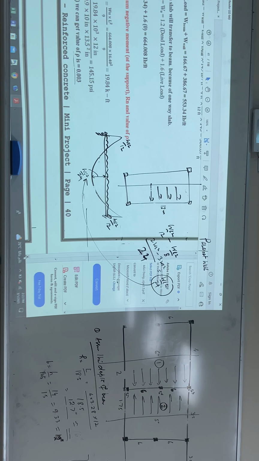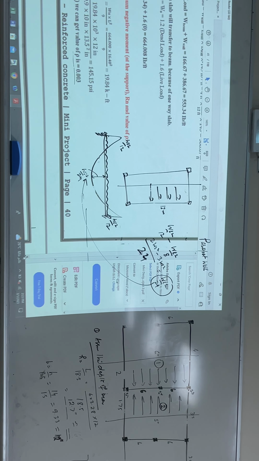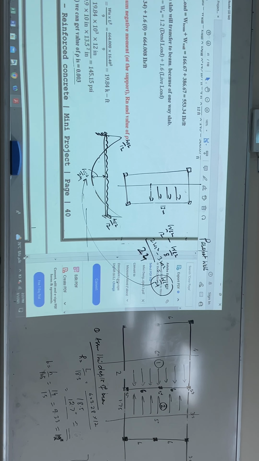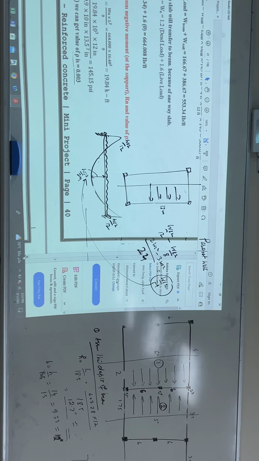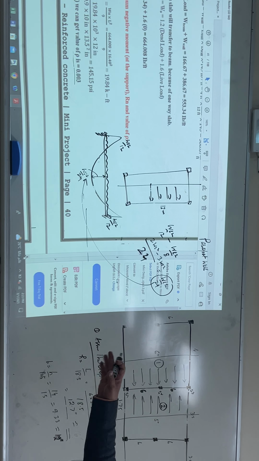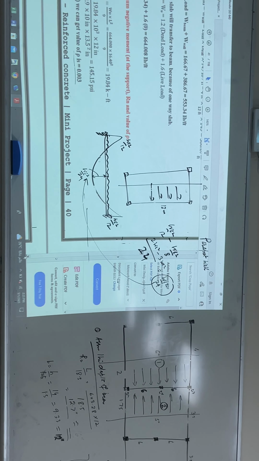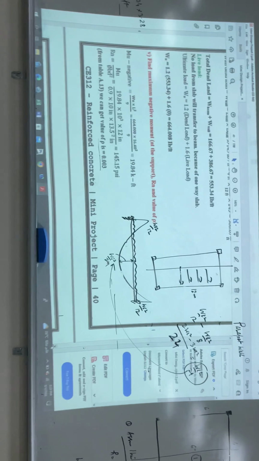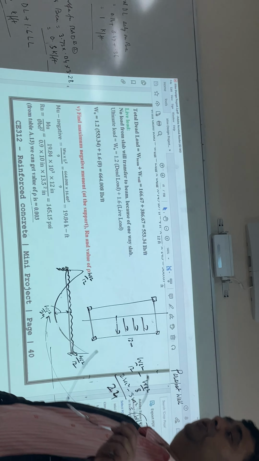I have a question. When he calculated W, he didn't have any live load. Why didn't he apply the formula of 1.4 multiplied by dead load? Because we have only dead load. If you are considering only dead load, it should be 1.4. Yes, you can multiply it by 1.4 if there is no live load. Okay, so this way you can complete your beam design, and then when you are coming to the next class,